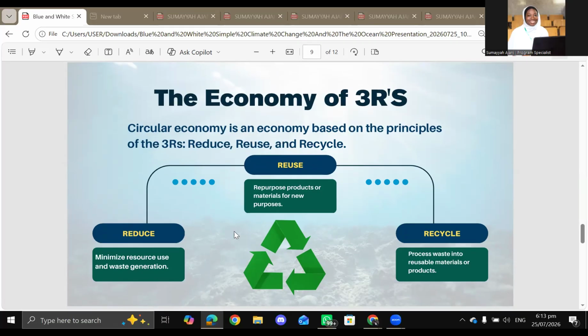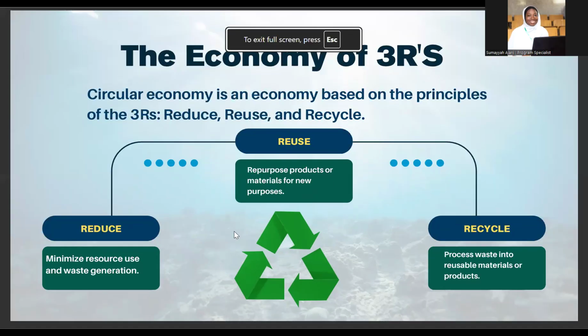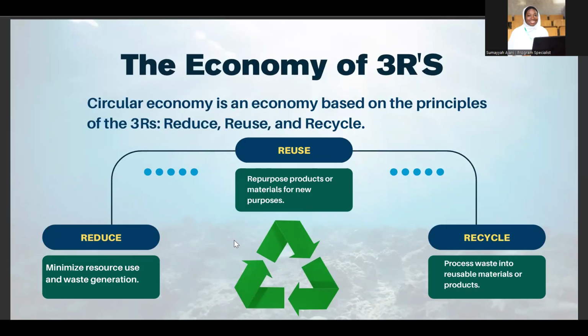Hi, everyone. In the meantime, while we await Miss Favor's presence, I want us to quickly do something brief, something interactive, and this is what will happen. I'm going to call people randomly to answer this question. It's just like a check-in question or an icebreaker. But I mean, this is happening in between the session.